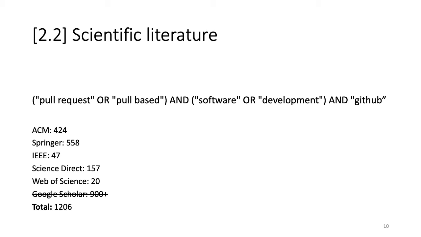Next, we built on the scientific literature. We selected papers which are related to software engineering and use the term pull-based or pull request, to select all the papers which use this development model within the context of GitHub. Our search gave us approximately 1,200 papers, out of which more than 200 papers relate and are important for building this theory of software change. So far, we have crossed 150 papers, and as a result of it, we have our initial theory, which we present next.